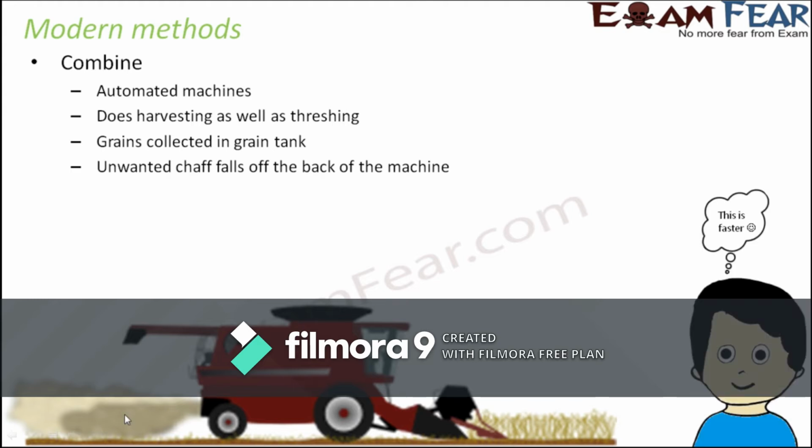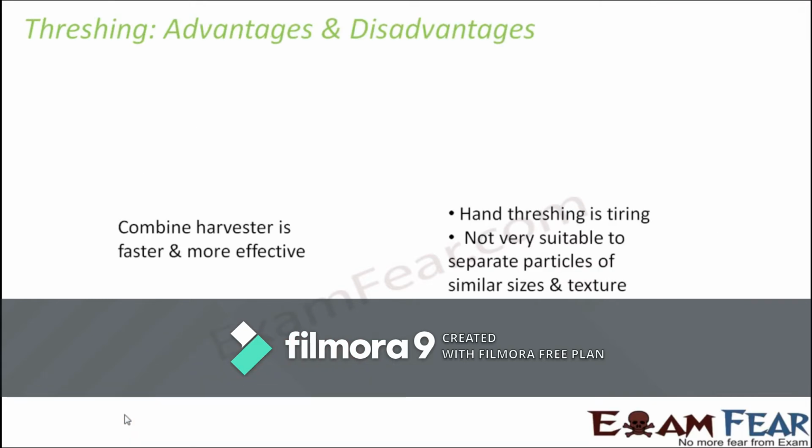Now when you look at this, you feel that yes, this is faster and more efficient, because when you see thousands of people putting in so much effort for doing such a thing, if you can replace that effort of 1,000 people with just one machine, that seems to be a great thing, right? And that's how these automated machines work.